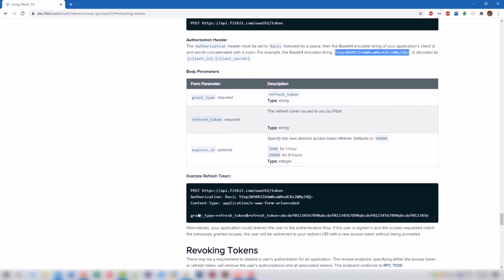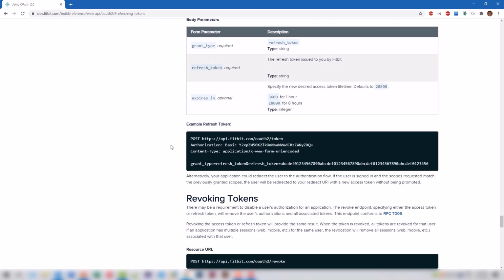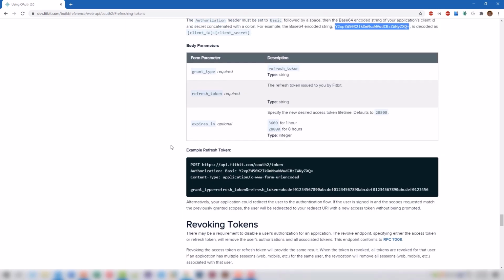And also the body of the post request is a little bit different. We don't use the grant type request token. No, we use the grant type refresh token. And then we specify as a parameter the refresh token.